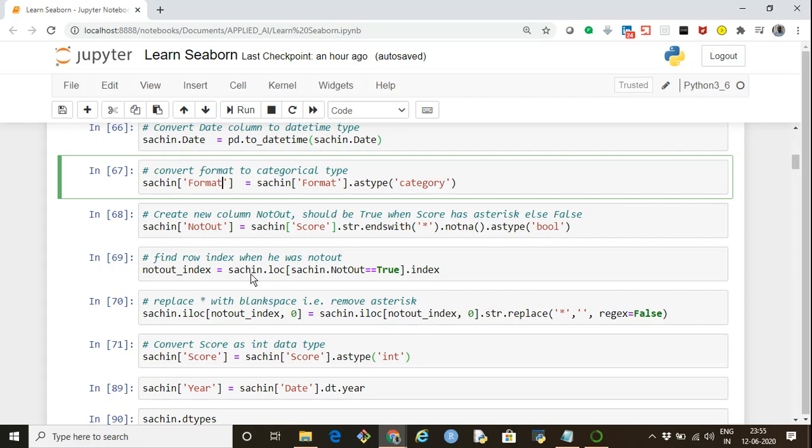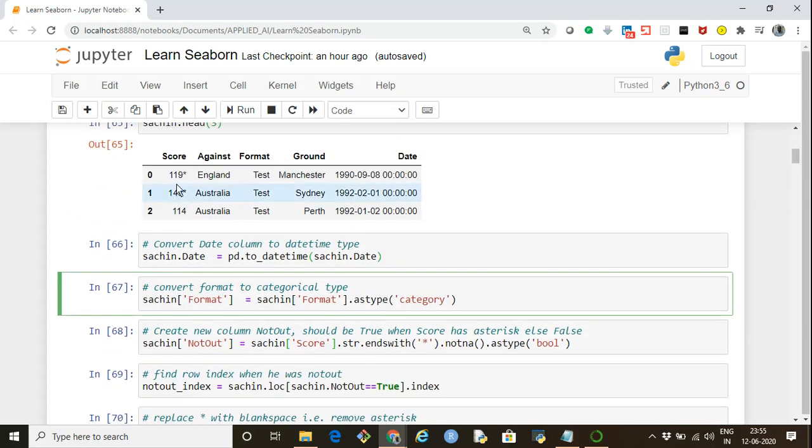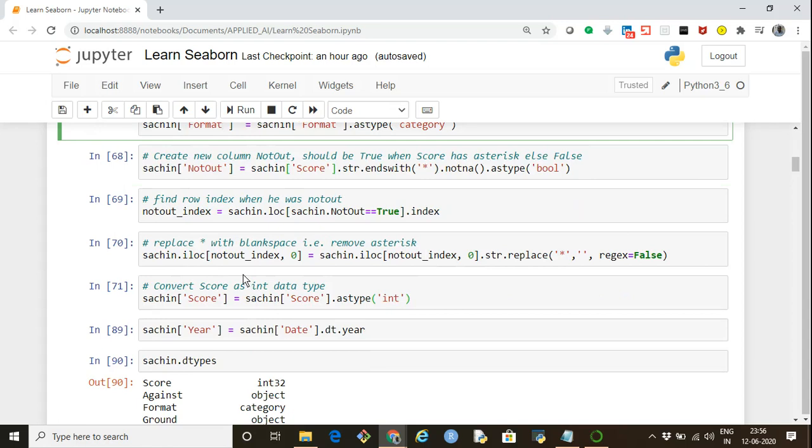Now next, I have to replace only those scores wherever an asterisk is present. I just have to remove that asterisk. So I have to find out first the indexes where an asterisk is present in the score. So all those indexes are actually the indexes where he was not out. That is, not out is true, the column that we just created. So I'm saying if not out is true, then find out that index and store it in not_out_index. And then I'm simply replacing.